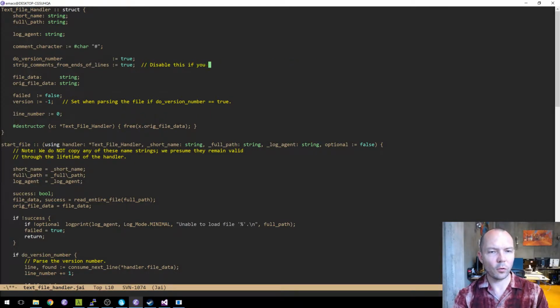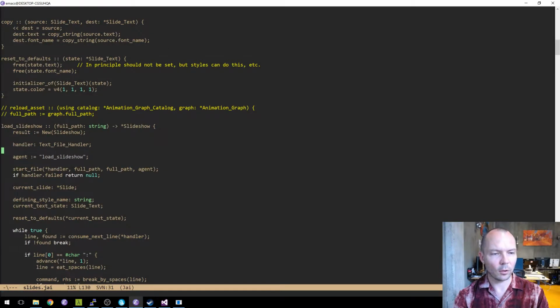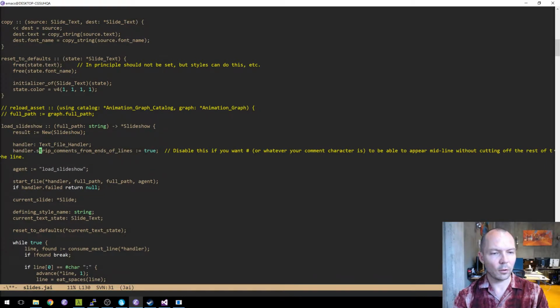Disable this if you want hash, or whatever your character is, to be able to comment off the rest of the line. Wow, we already have the functionality we wanted. So in slides, we'll say handler dot that equals false.